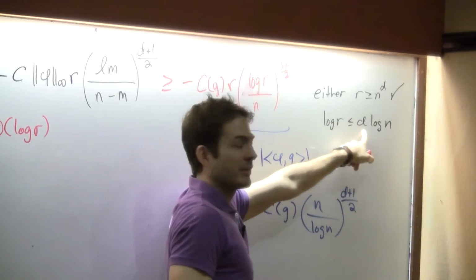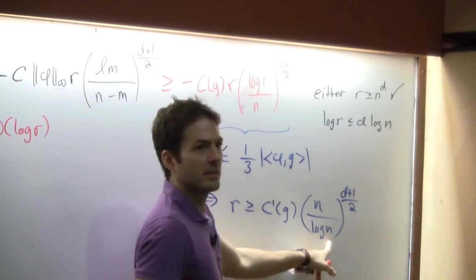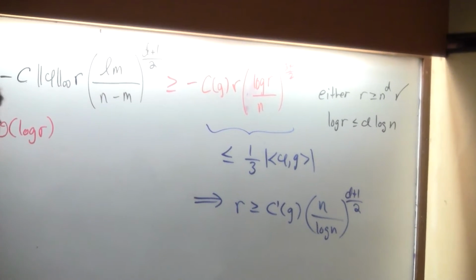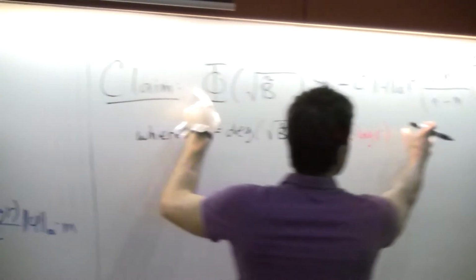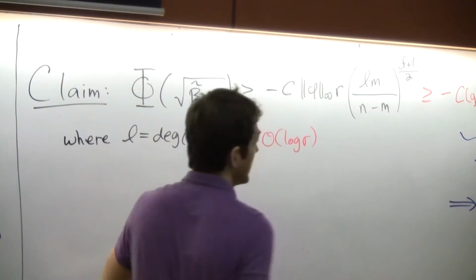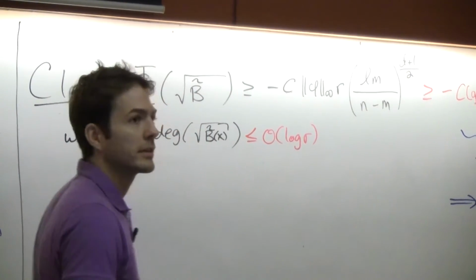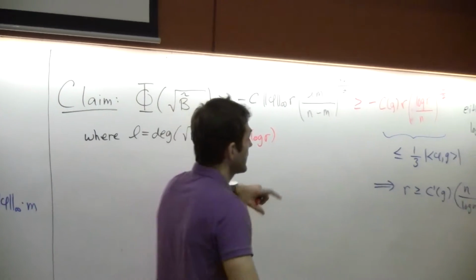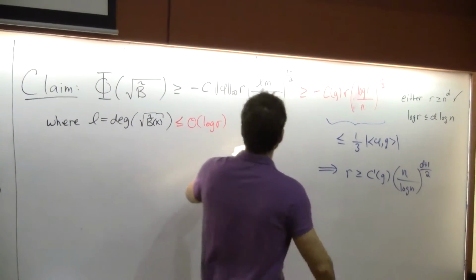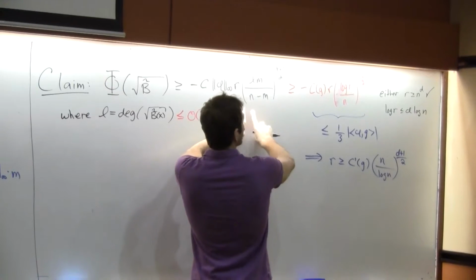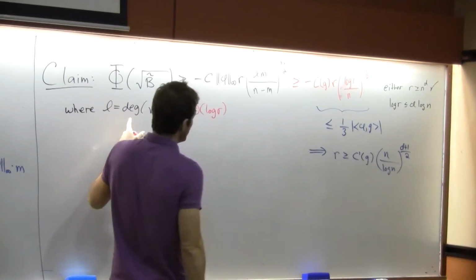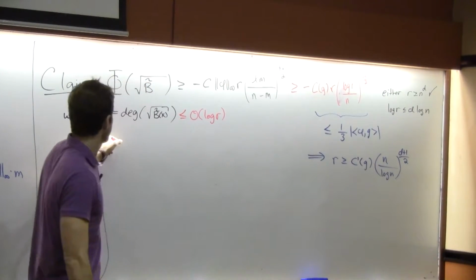D is a constant that depends on g, and that's where the log n is coming from. Okay. So you see, if we can establish this claim, then we're done. And this is the place where the lower bound is coming from. Basically, you see, there's a degree reduction going on here in some sense. Like the degree is,